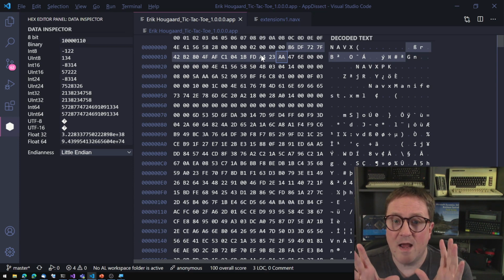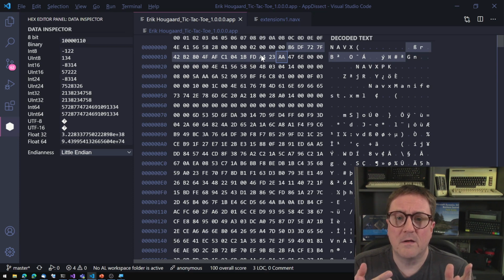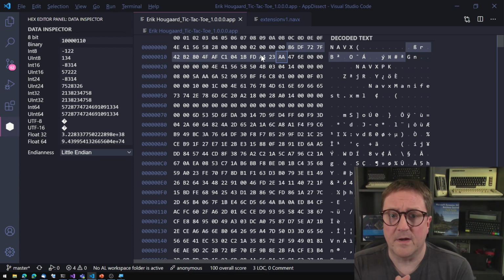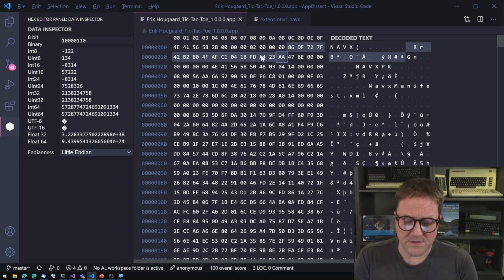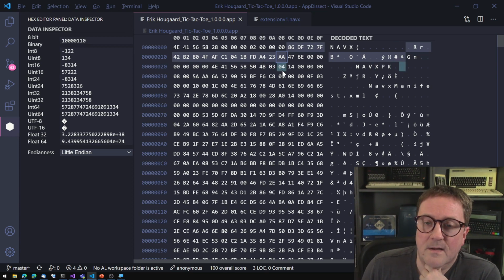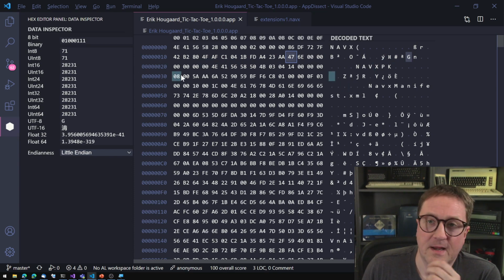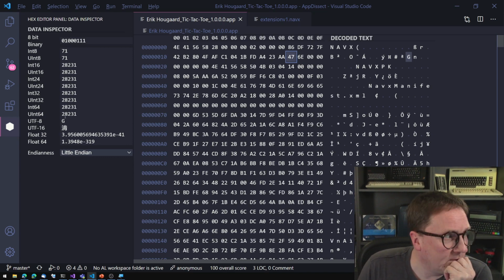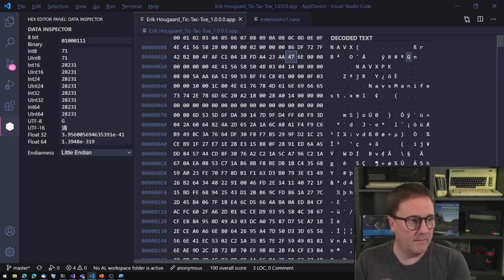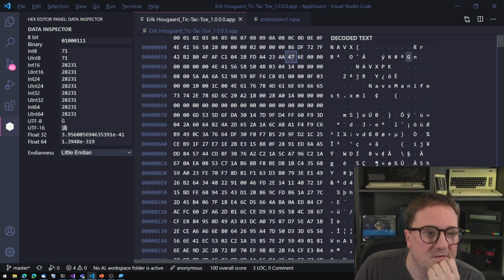So now we have, who's keeping track here? I think we have covered 28 bytes or something like that. So the next thing is that we can see here that now we get the number. So again, 4 bytes to an integer. So now we get the number 28,231. But if you look closely over on that side all the way, you can see that the